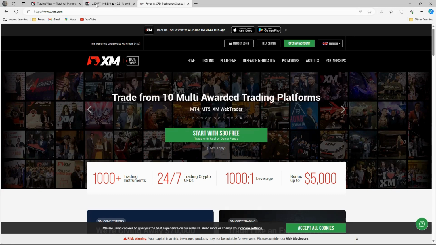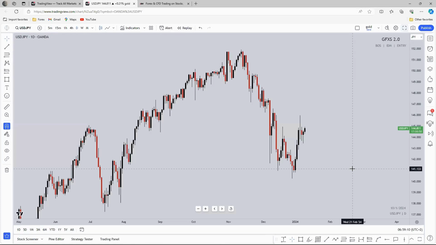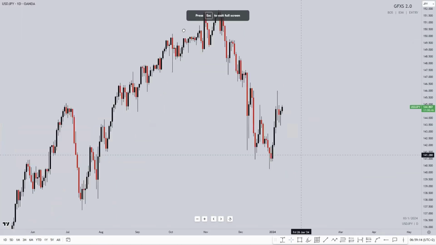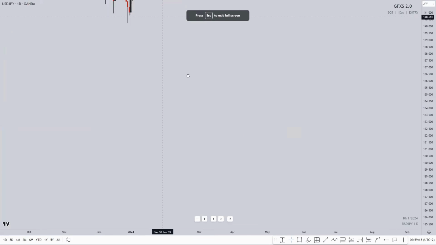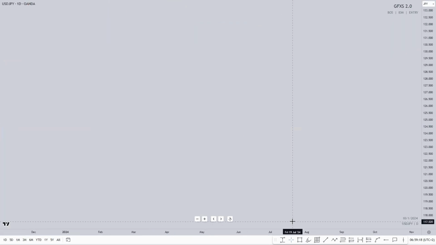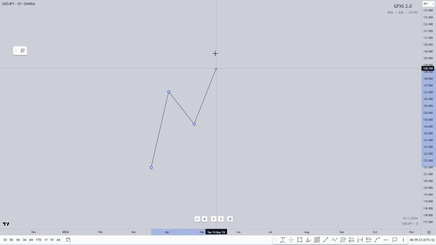So going back to our video, in order to be able to use the Fibonacci tool accurately, you need to understand structure. Without structure, you won't be able to get the correct areas. So you need to mark the correct structure so that you can mark the correct areas. We know that in an uptrend, we're going to have an impulse, correction, impulse, which is your ICI. And then when you want to measure